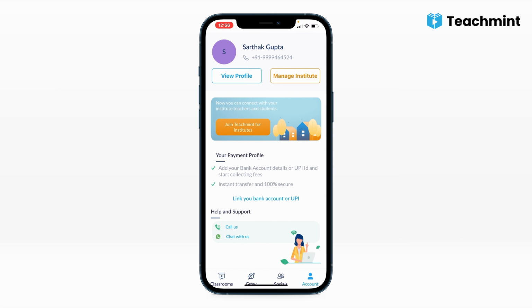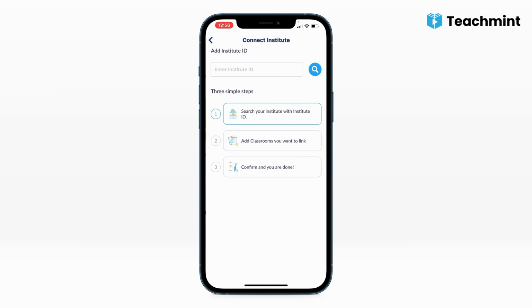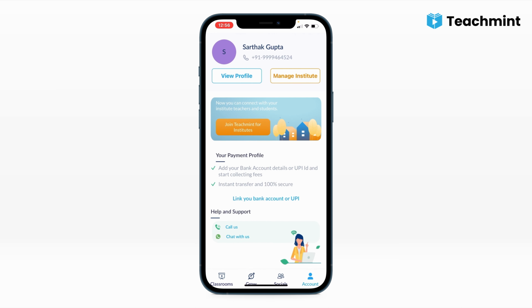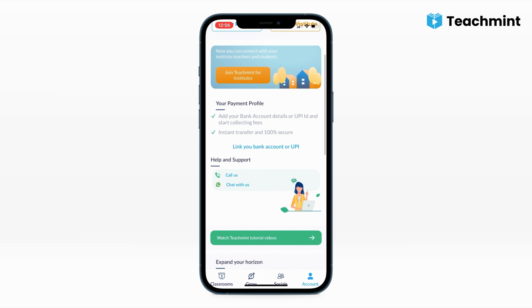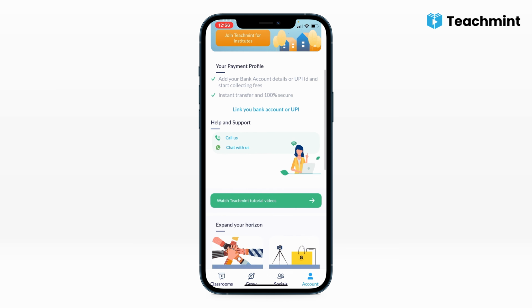Last section is account. Click on Manage Institute. In case you are a part of an institute like school or college or a large coaching center, you can link Classroom with your institute management ID. Your payment profile, you can simply link your bank account or UPI ID here for the fees collection part. And if you have any doubts related to the working of the app, simply go to the help and support to connect with the Teachmeet team.